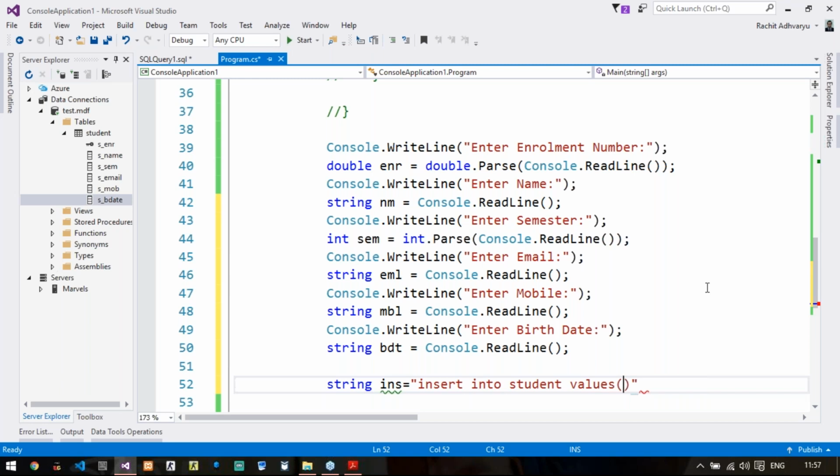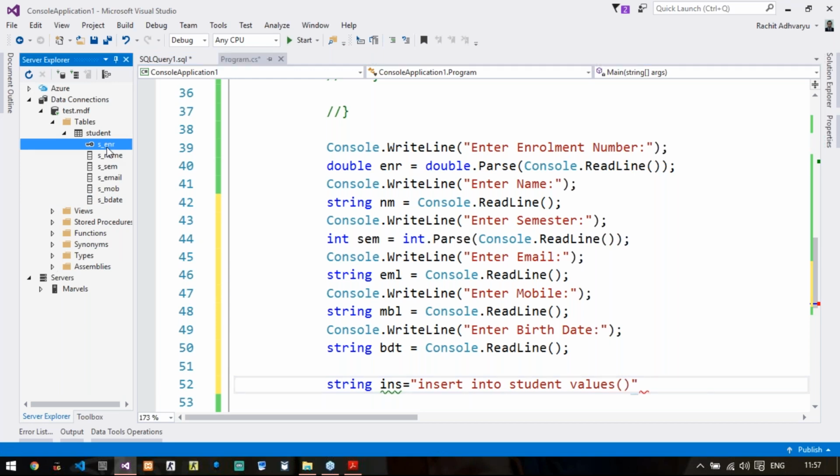So in these columns, my ENR and SEM are number type, that is numeric and integer respectively. And name, email, mobile, and birth date are varchar and date type. So for name, email, mobile, and birth date, I will use single quotes. And for ENR and for SEM, I will not use single quotes.